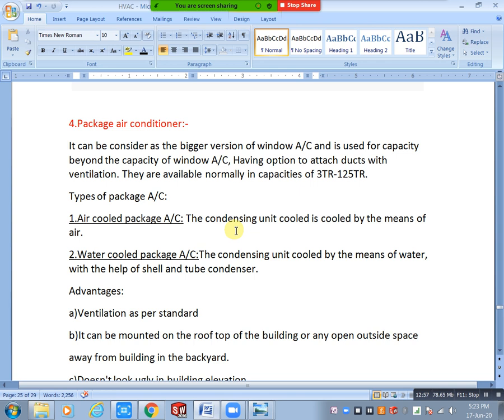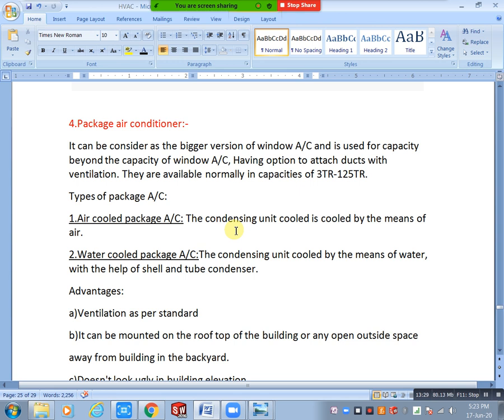Okay, for example, sometimes you don't have space, and you have a stepped ceiling, some design. For example, my false ceiling is running at 9 feet height, which means 2.7 meters, and our slab height is completely 12 feet. Then it becomes complicated when you install a ductable split AC. Why? Because that is a ceiling mounted condition, right? That is not applicable. In that condition you can select, and based on client requirement also you can select.